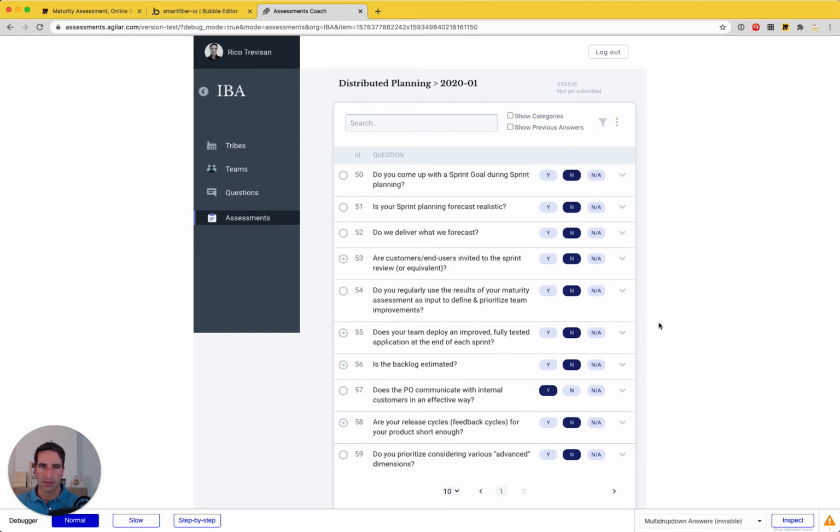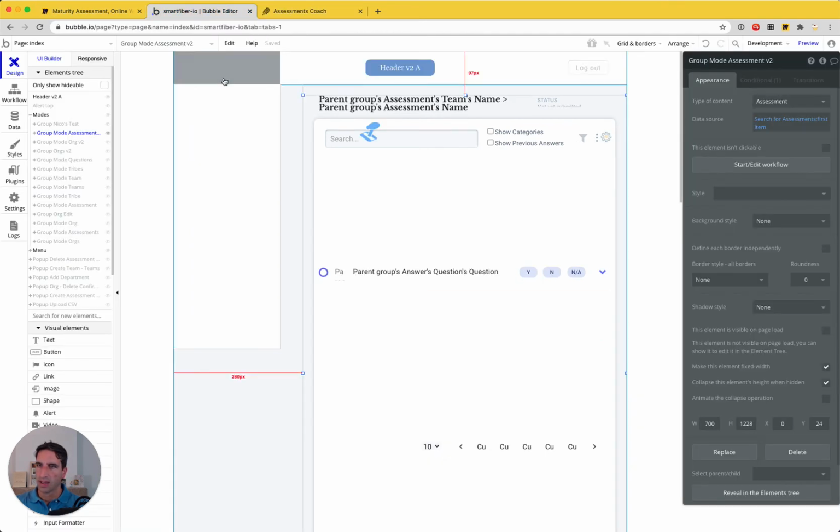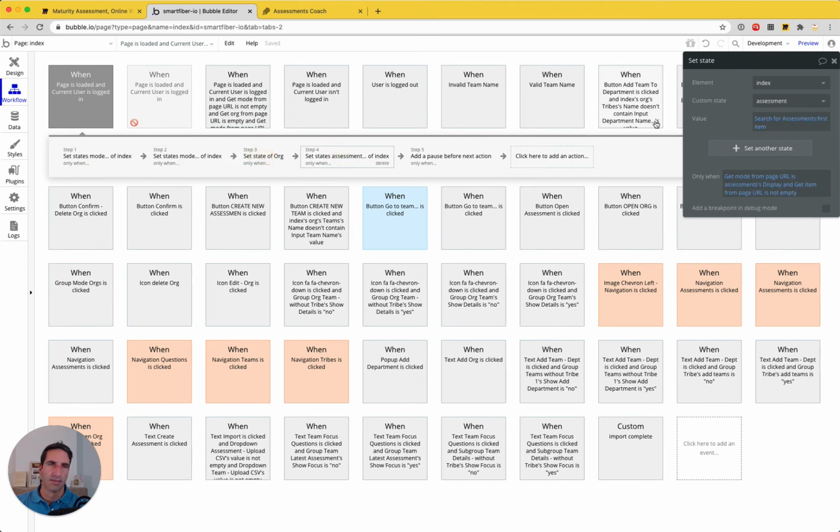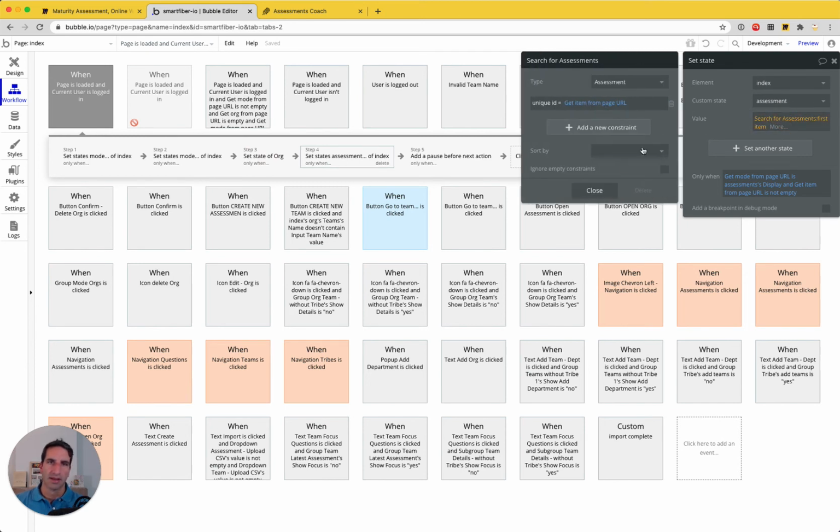Now, what is it that I want to do? So I remove that from the pages. It doesn't load it anymore, so I think here on page load, set mode of index. Yeah, see, search for assessment, first assessment. So this I can remove it, and